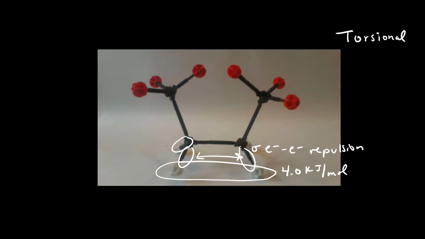And you have that again, of course, going on in the back, right? And so that was torsional strain. You still have torsional strain taking place here and here. So you still have sigma electron-electron repulsion. But in addition to that, when you have the methyl groups present, you have a new kind of strain that's